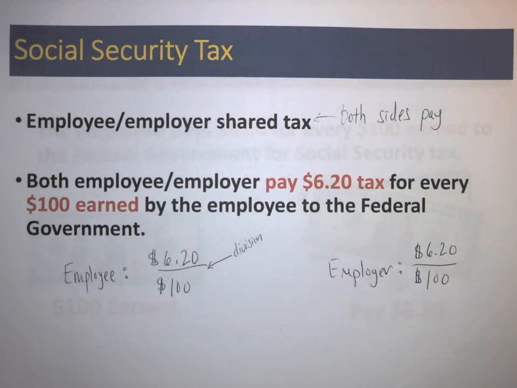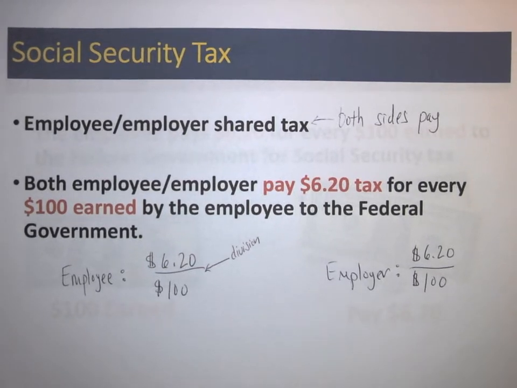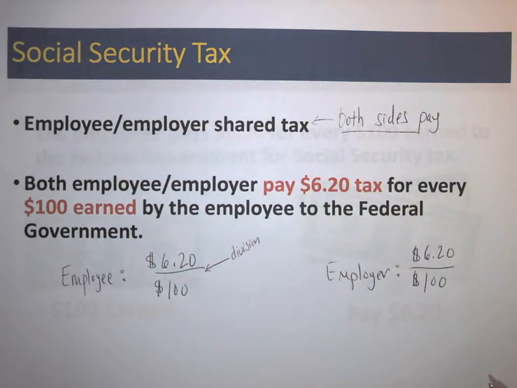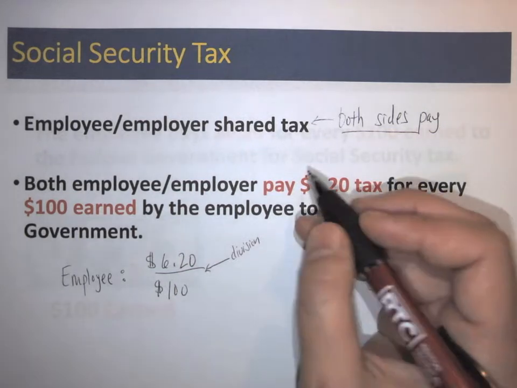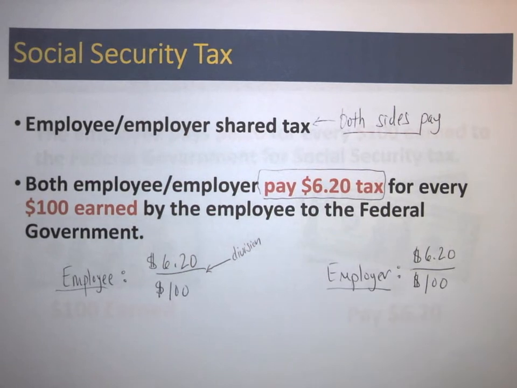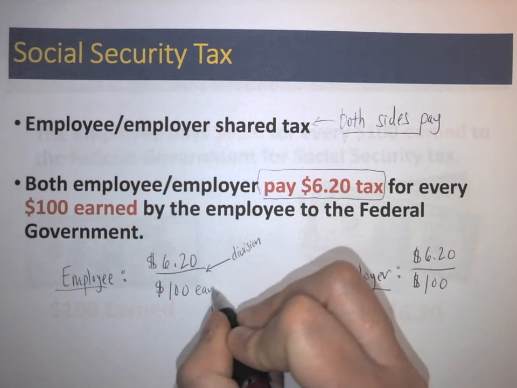Right, so you've already done some work around conceptually what Social Security and Medicare tax are, and now we're going to use that as a way into looking at some percentage calculations. So remember, Social Security is an employee-employer shared tax, meaning that both sides are paying the same amount into Social Security. And that amount is that each one, the employee and the employer, pay $6.20 for every $100 earned by